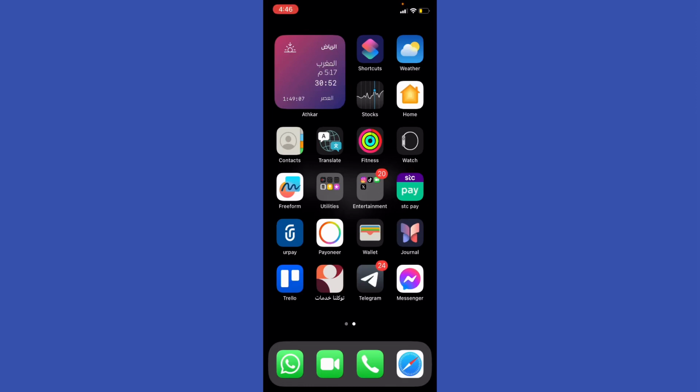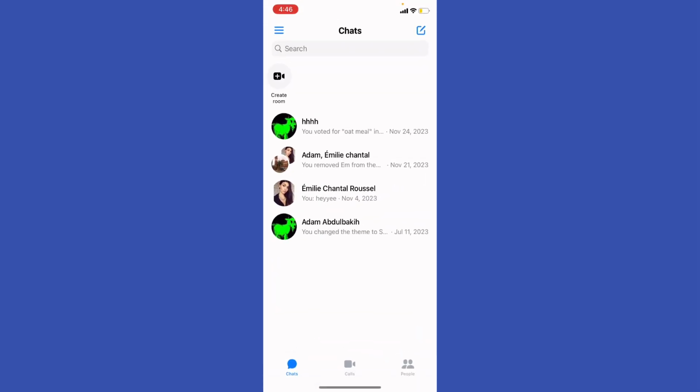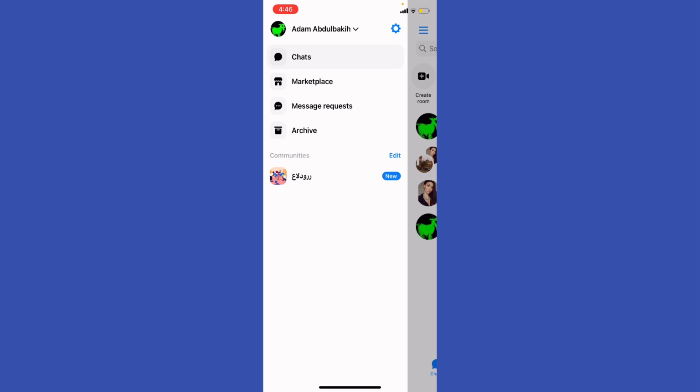In this video I'm gonna show you how to see deleted messages on Messenger. So first of all, you need to open up the Messenger app. Okay, next up, I'm gonna click on the three bars at the top left right here,